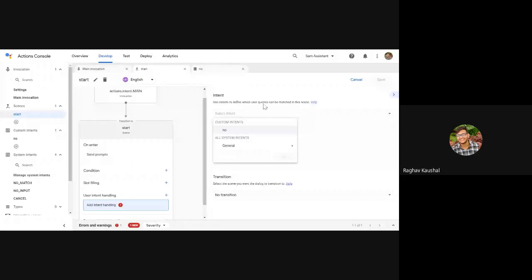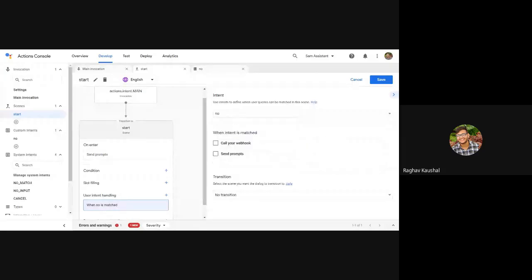Then you'll go to this intent and add the no intent. Right now we haven't created yes, otherwise you'd see the yes option here too. In general, you will get no, yes, repeat. These are system intents which are automatically created, but they won't do what we want. When you go to yes, it won't start telling for you, it will just continue wherever the next scene is. So we have to create our own no and own yes. So we'll click on no.